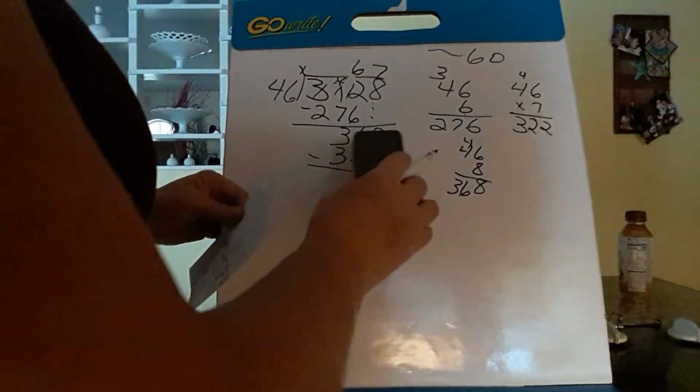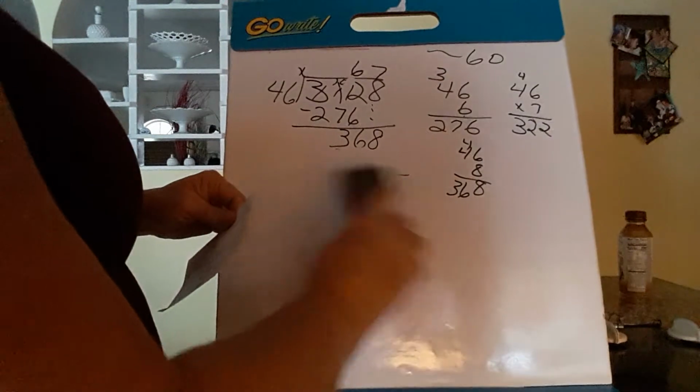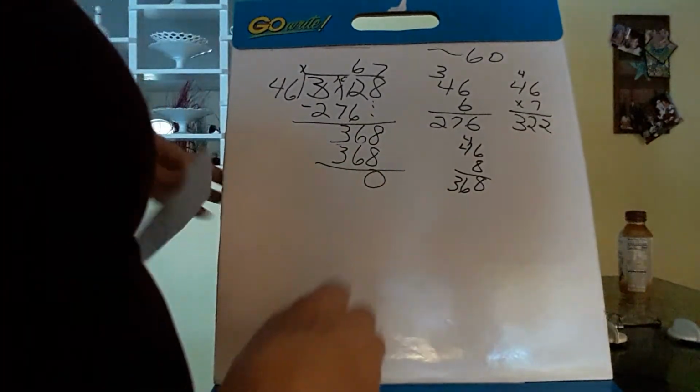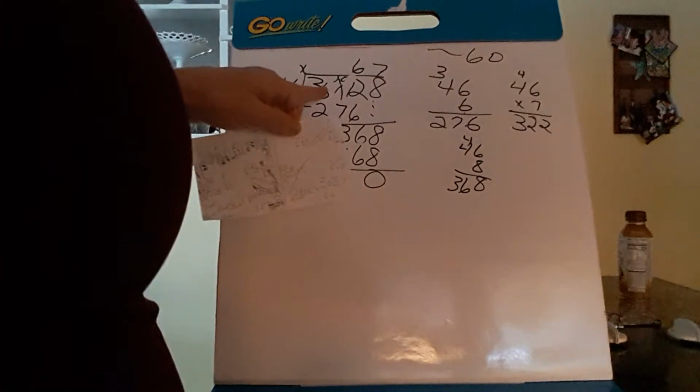6 eighths are 48. 8 fours are 32, not 36. 9 fours are 36, but it's 32 plus 4 more is 36. And that's exactly how many we had left over. Excuse me, that's how much it is, and then there is 0 remainder. So 46 goes into